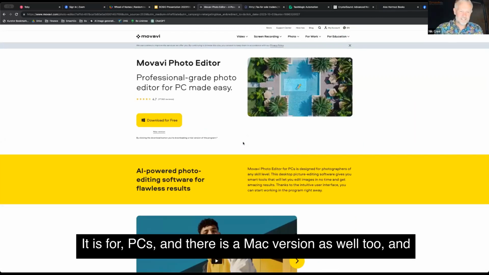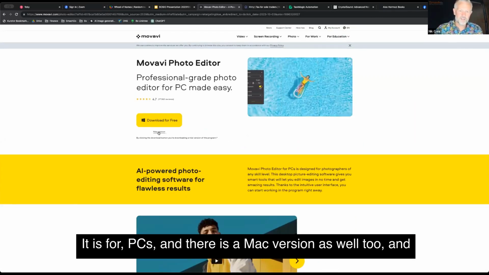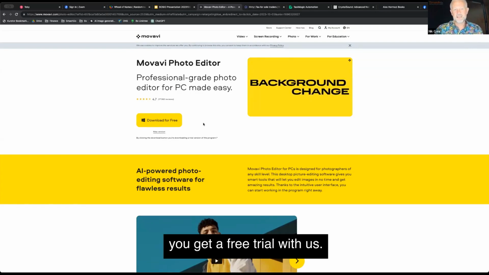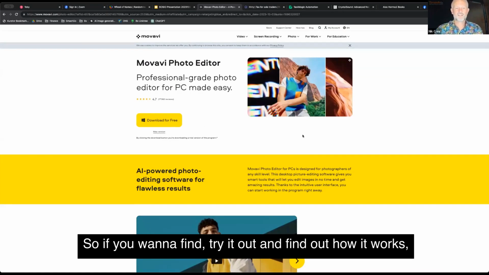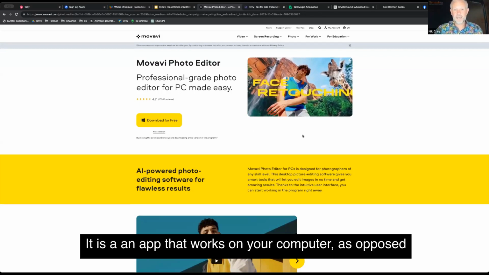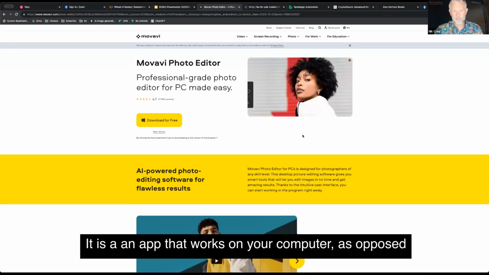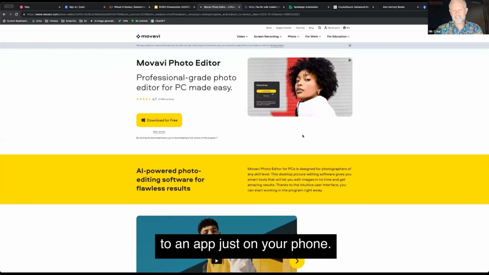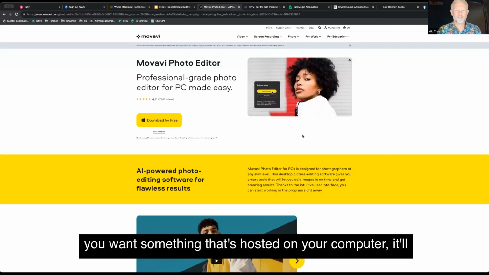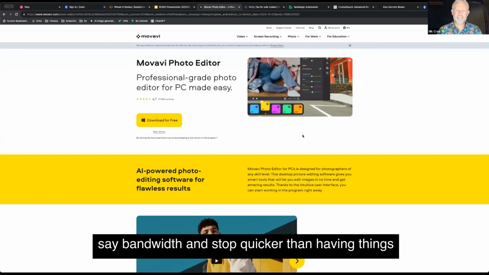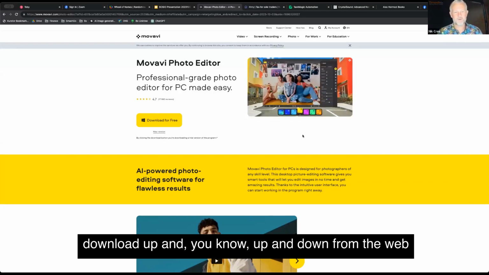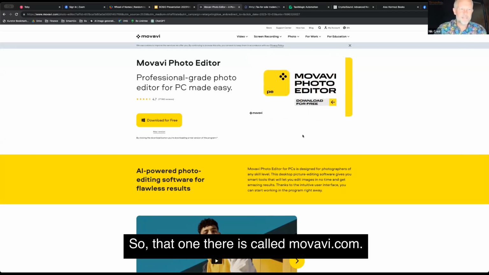It is for PCs, and there is a Mac version as well, and you get a free trial with this. So if you want to try it out and find out how it works, then download the free trial. It is an app that works on your computer as opposed to an app just on your phone. So if you're more comfortable working on your PC and you want something that's hosted on your computer, it'll save bandwidth. It's quicker than having things download up and down from the web. So that one there is called